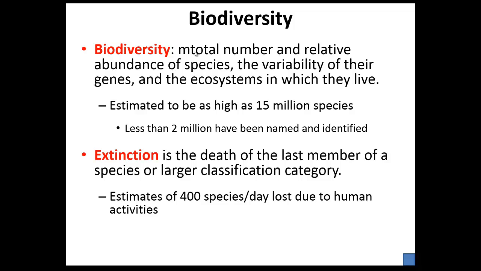So of course that's necessary for food, but we want to make sure that we're really looking at how much of the biodiversity we're converting to monoculture, and to really do some smart farming practices so we don't just strip the environment of all the biodiversity and all the impact that those different organisms have. Some of those impacts we're not even aware of, how they affect the ecosystem as a whole. And we see that organisms are being lost every day, estimating about 400 species per day due to human activities. So that's a significant number of organisms and biodiversity that's being lost.